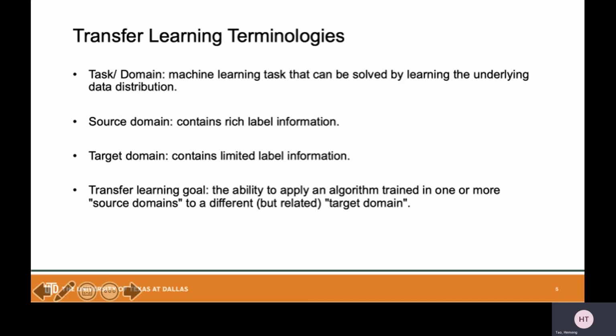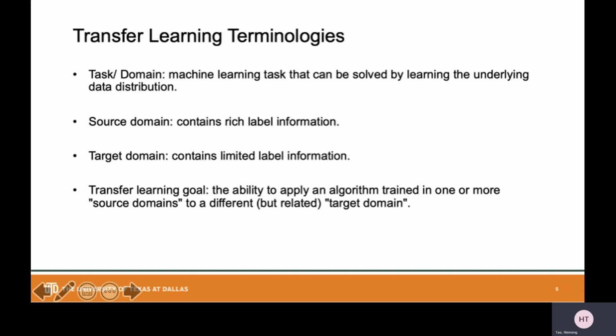The source domain is the one that contains rich label information. In our previous figure, it's referred to as domain A, the left one. The target domain contains limited label information, and the target domain is the one we care about.